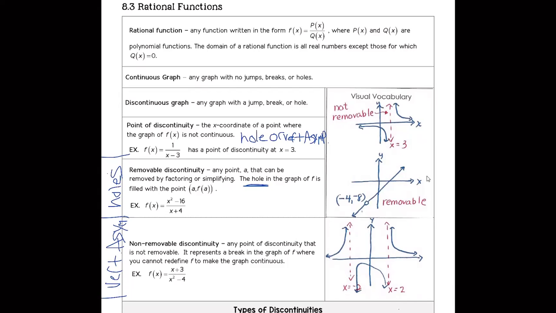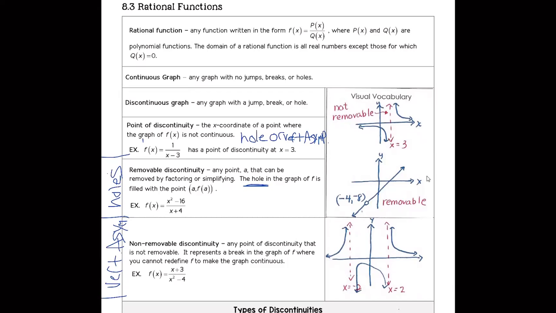So what we're going to start with today is points of discontinuity. This is where you have an x-coordinate of a point where you have to pick up your pencil. And this can show up as either being a hole or a vertical asymptote. These are 2 types of points of discontinuity. So let's start